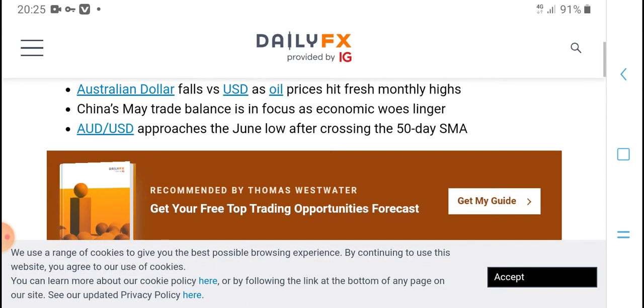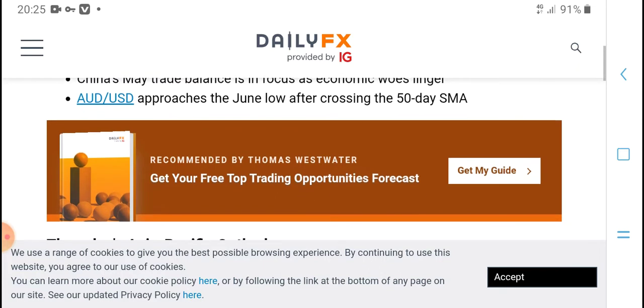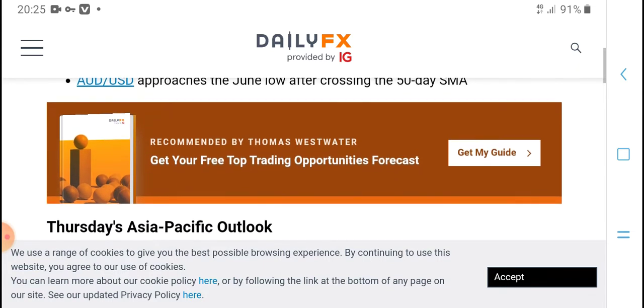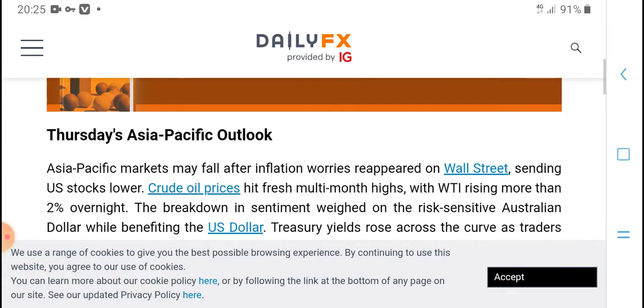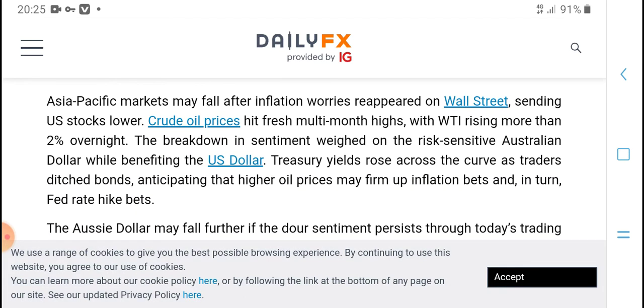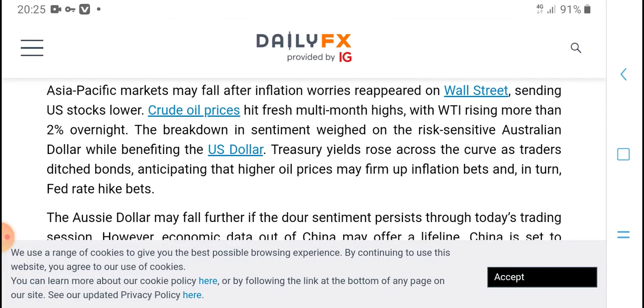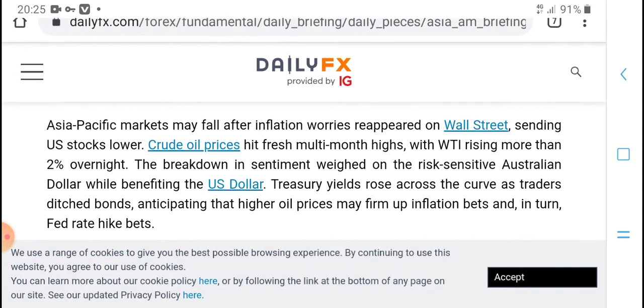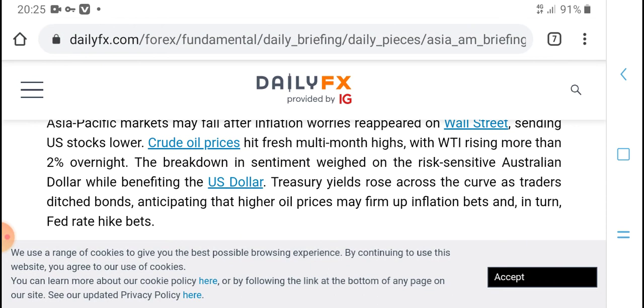AUD/USD approached the June low after closing below the 5-day SMA. The Australian outlook is set to be influenced by the USD, stocks and the low in crude oil price, and the Fed, with a fresh monthly high, risking more than